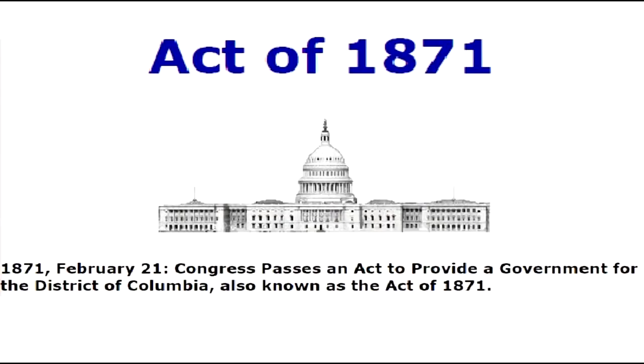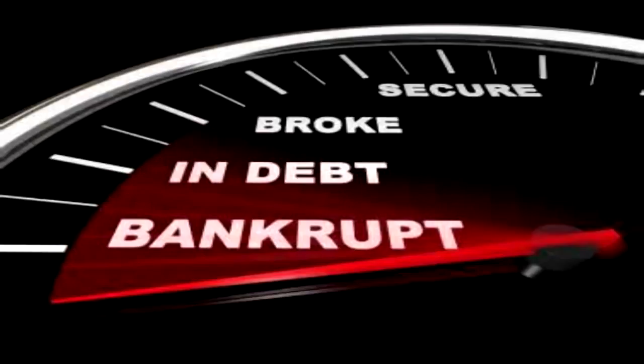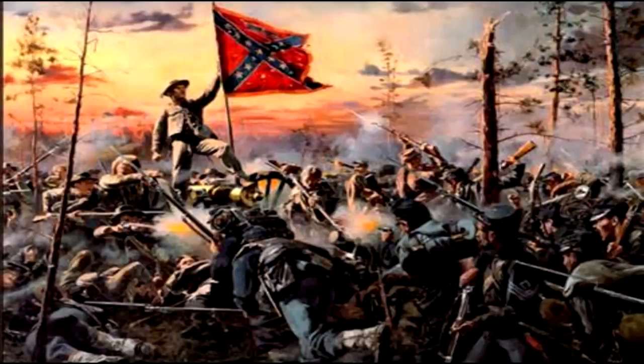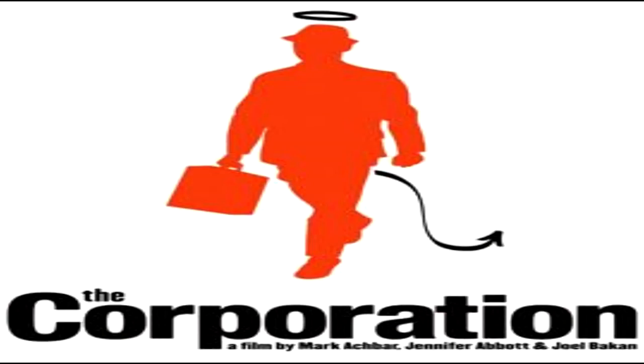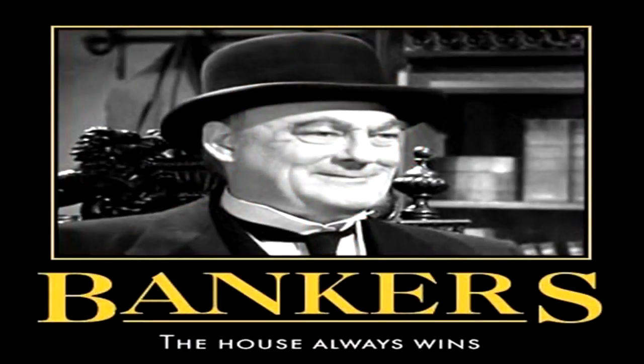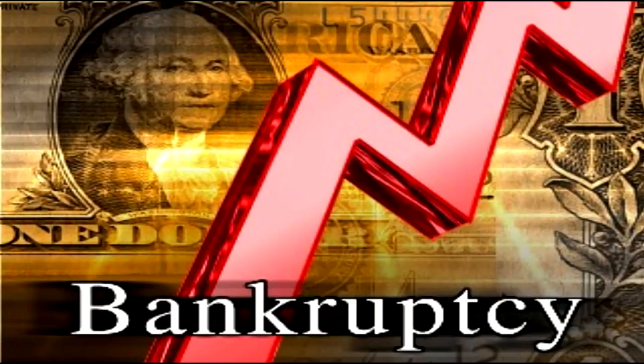The Act of 1871 was passed at a vulnerable time in America. Our nation was essentially bankrupt, weakened, and financially depleted in the aftermath of the Civil War. The Civil War itself was nothing more than a calculated front for some petty fancy footwork by corporate backroom players. It was a strategic maneuver by European interests, the international bankers, who were intent upon gaining a stronghold on the neck and the coffers of America. The Congress realized our country was in dire financial straits, so they cut a deal with the international bankers.